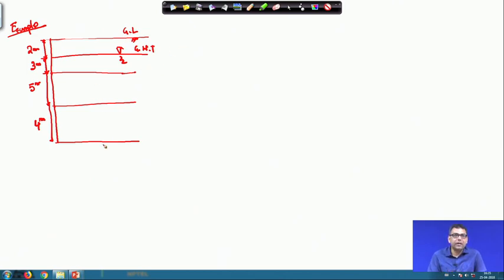So, we have to draw the earth pressure diagram and we have to determine the total force per unit length as well as the location of that force where this force is acting. Now, first we have to draw this